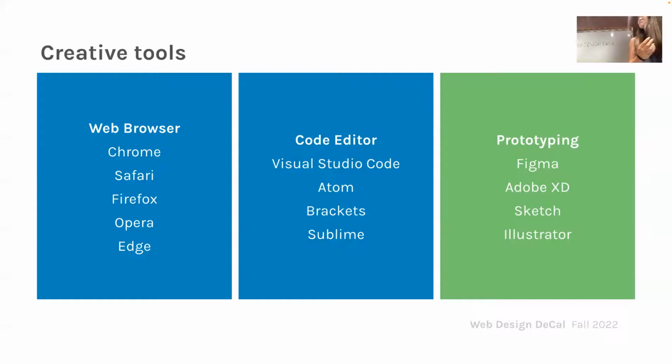And what's even mentioned of using Visual Studio Code, those are the editors that you'll be using for actually coding up the website that you'll see on the web browser. So other text editors that we will not support include things like Atom, Brackets, Sublime, but don't worry about that yet. And then finally, we have prototyping, which consists of the design portion of this class